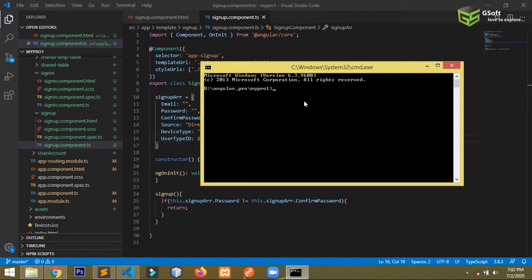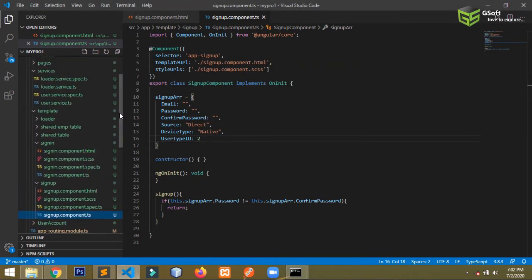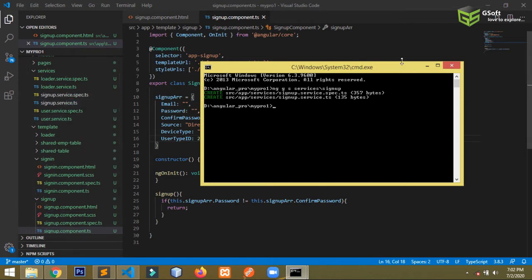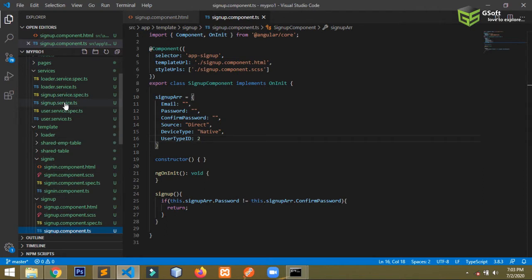So guys, how to create a service, let me show you. You have to just write ng space generate space s, that stands for service. I have already created a folder with the name service, so I will be creating services inside the folder here. So I will just write the name of the folder here, and here I will write just sign up. Sign up is my name of service, so I will just write sign up here, services, and our service will be created successfully. So you can see service has been created. Just minimize this and open the service here.